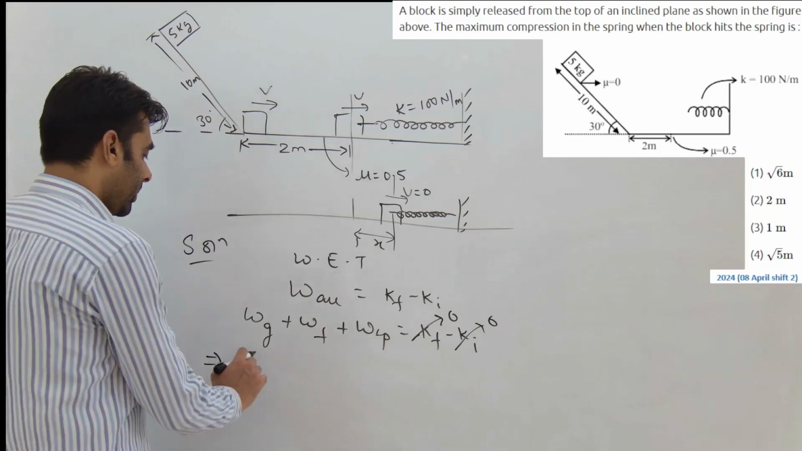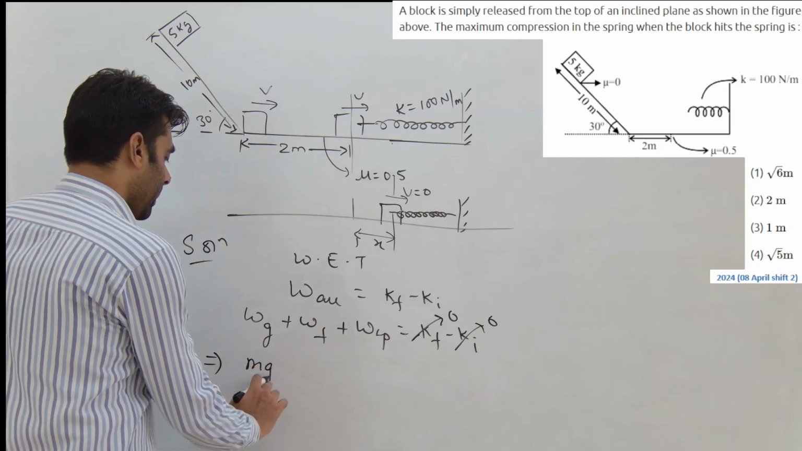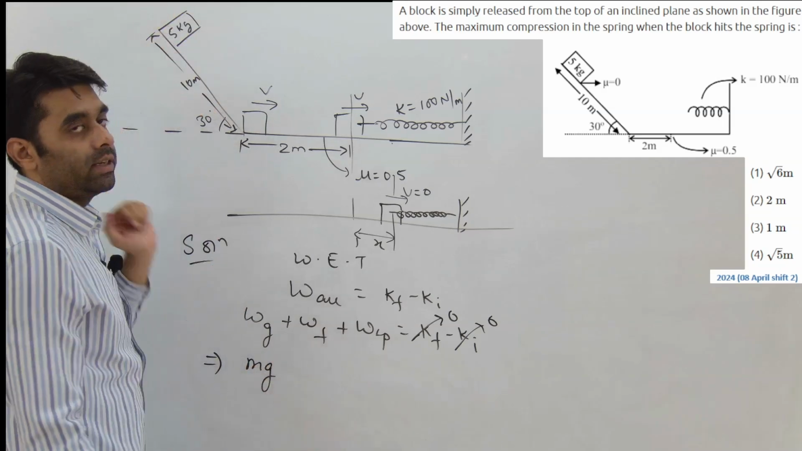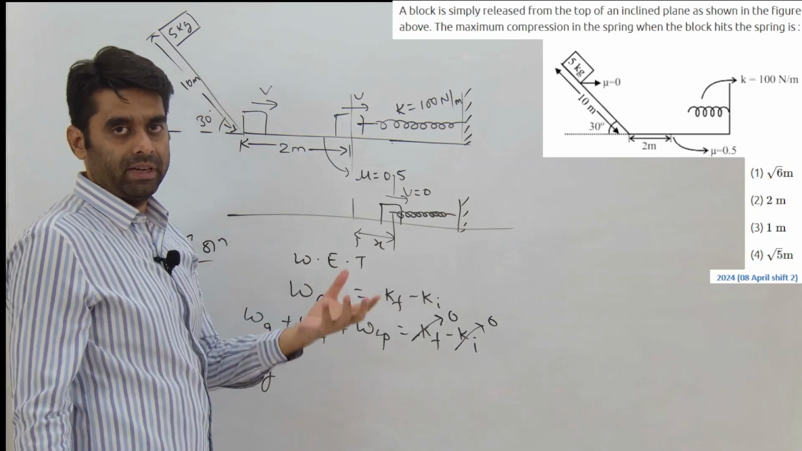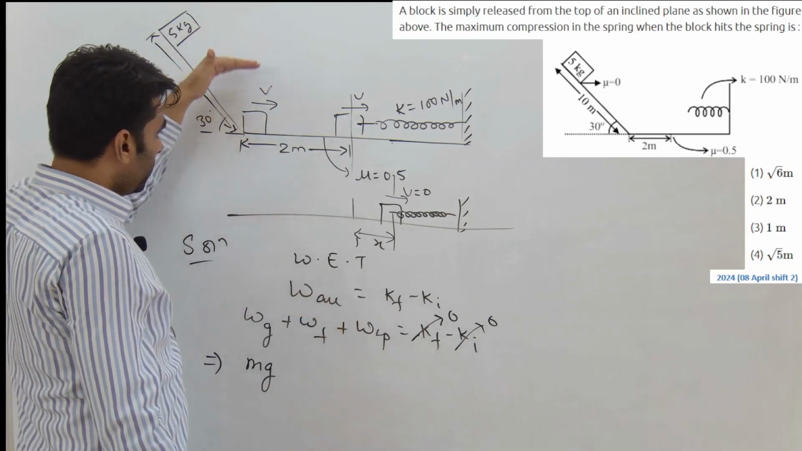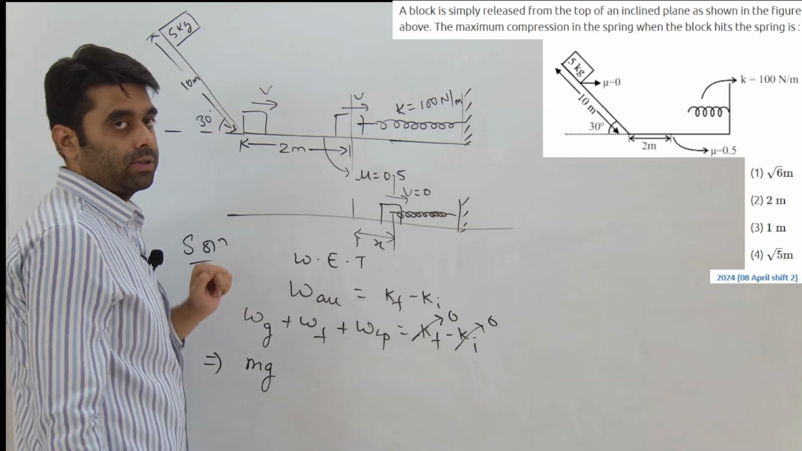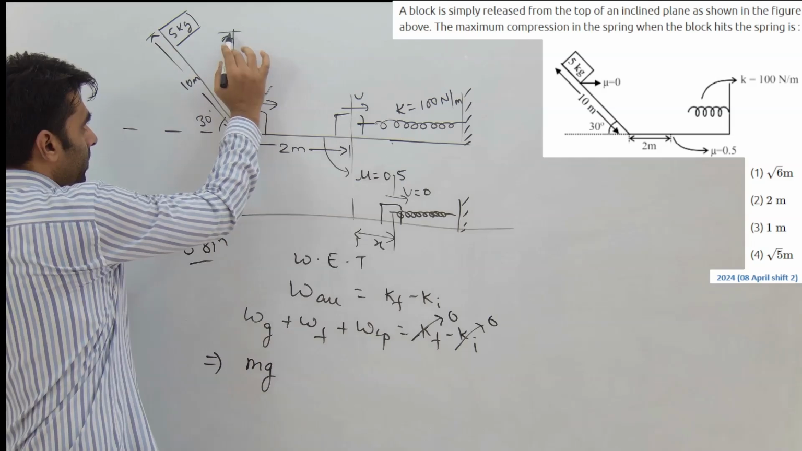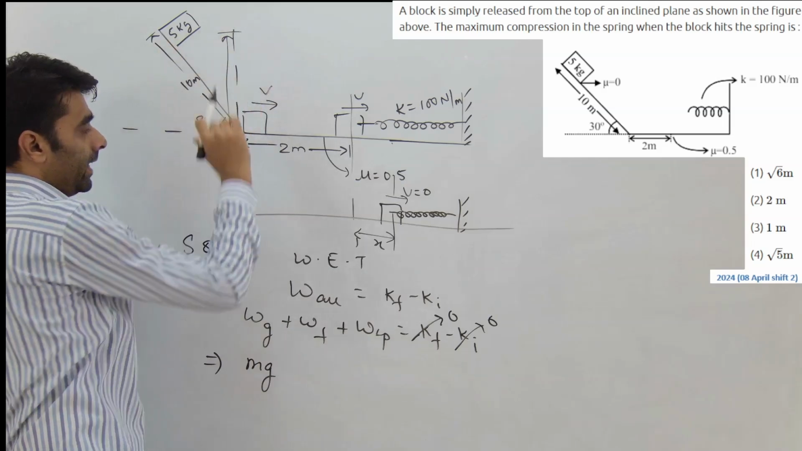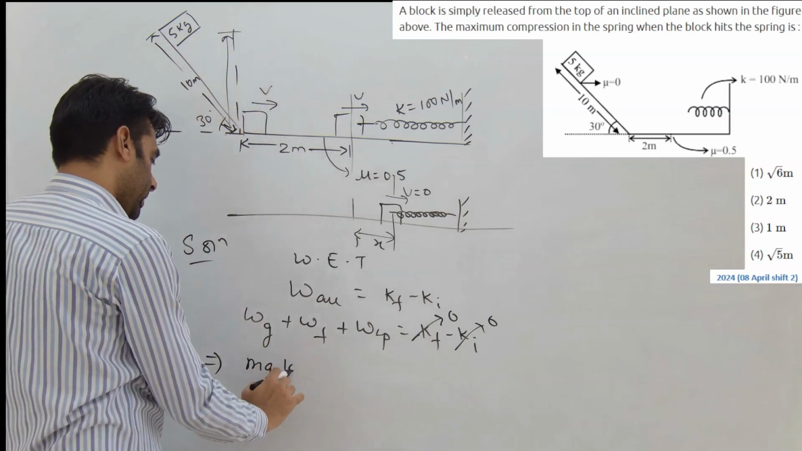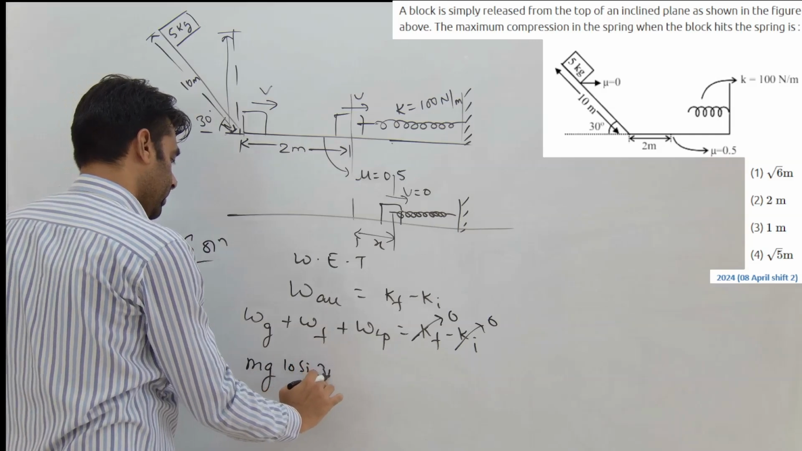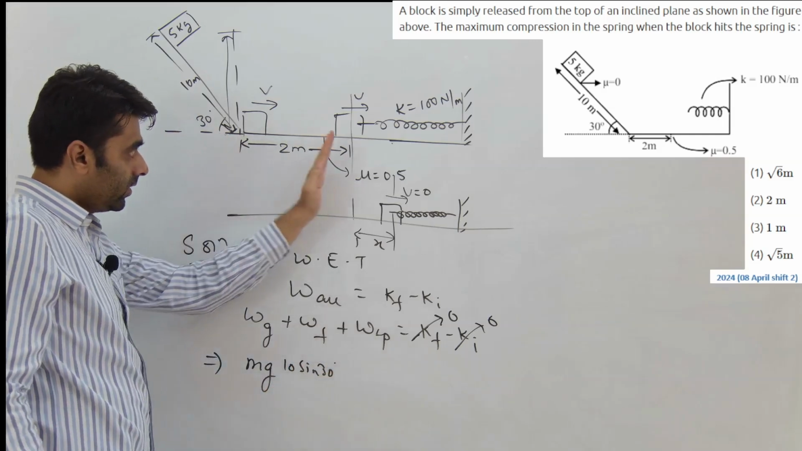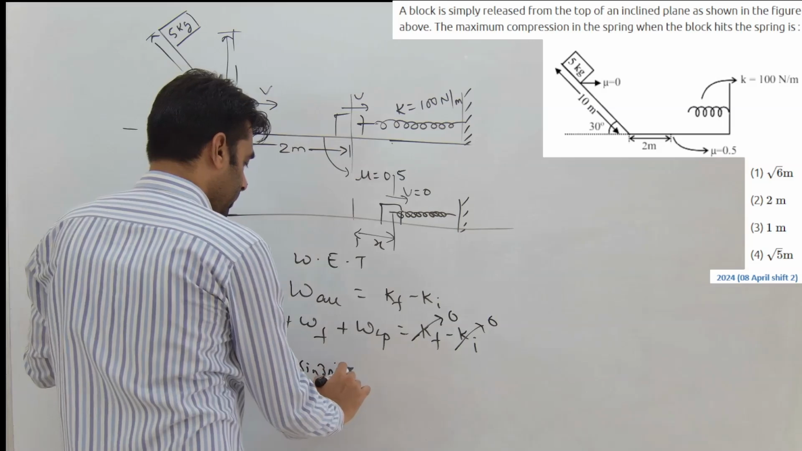How much will be work done by gravity? mg into the vertical displacement. Force of gravity mg into the displacement in the direction of force, which is vertical displacement. This is 10, so this vertical displacement will be basically 10 sin 30, right? So 10 sin 30. Work done by friction in this part of the journey will be